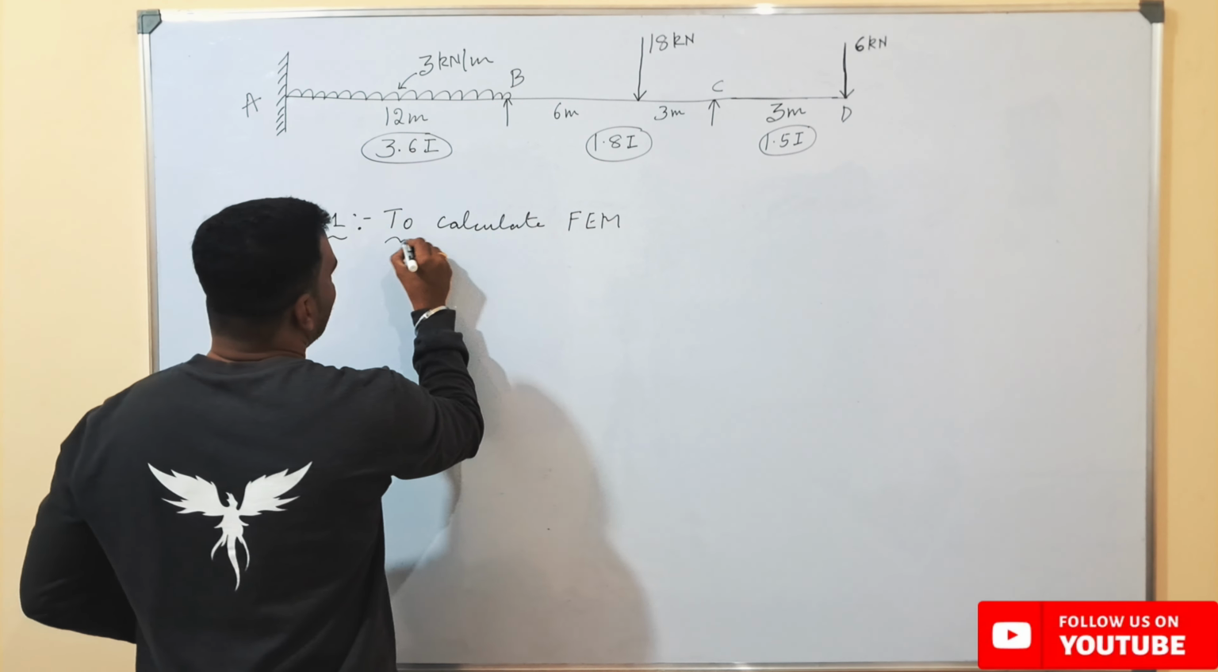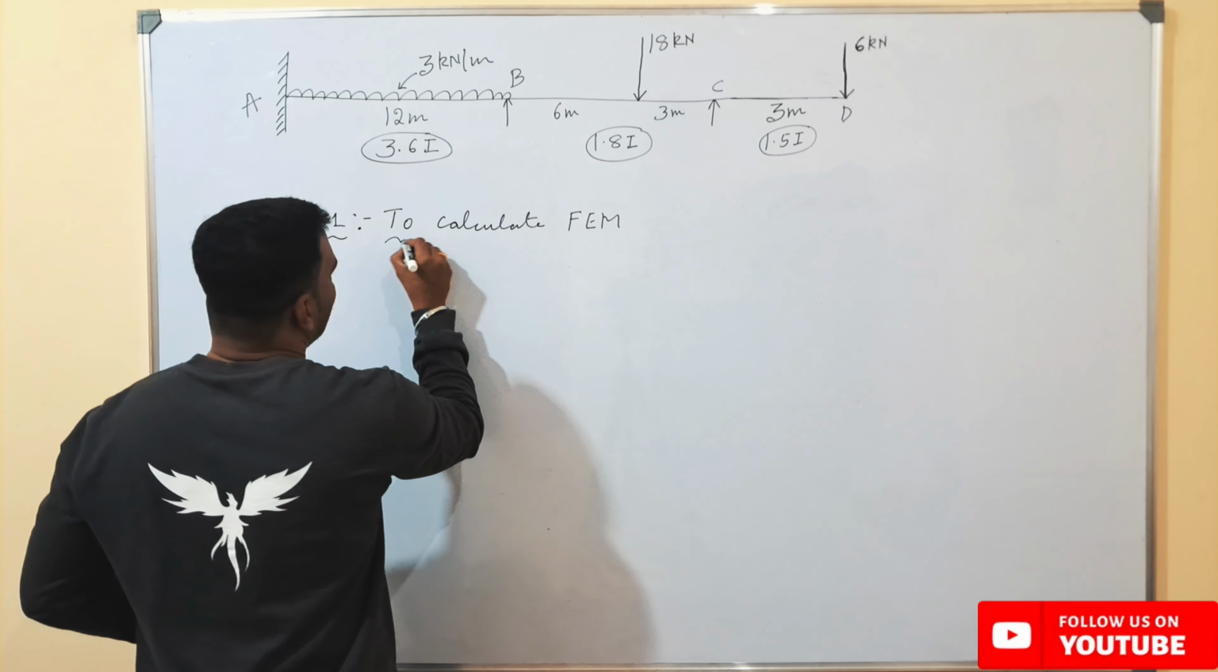So from A to B, it remains the same, which is minus 36 kilonewton meters, and from B to A, it remains the same, plus 36 kilonewton meters. So from B to C,